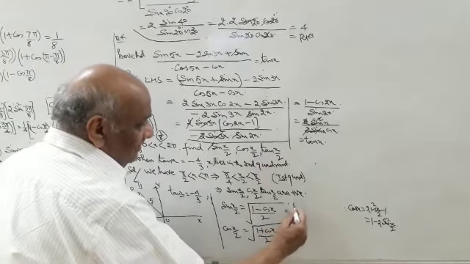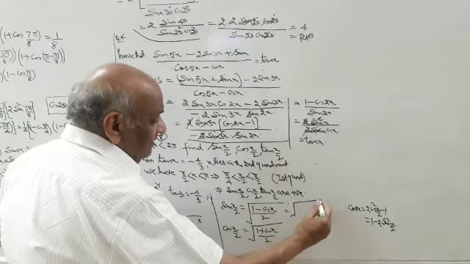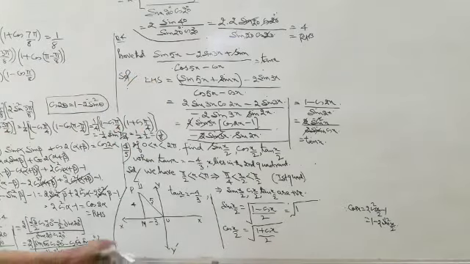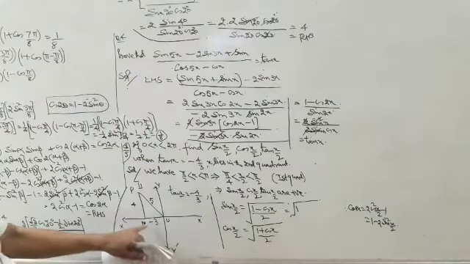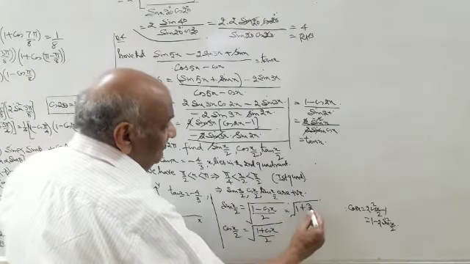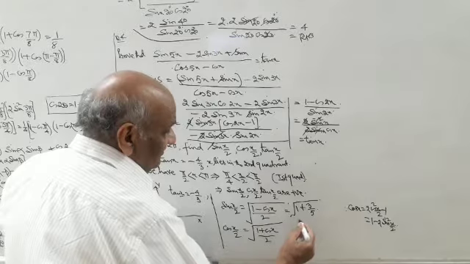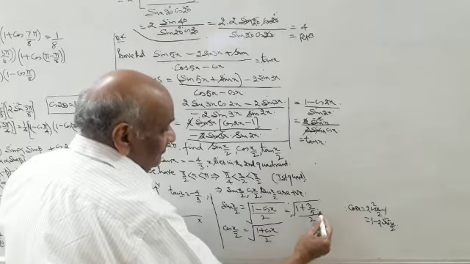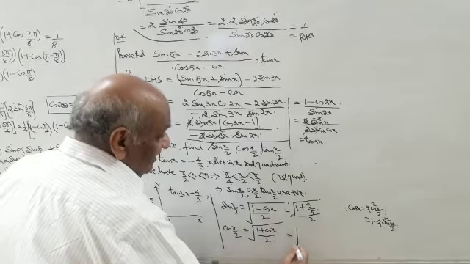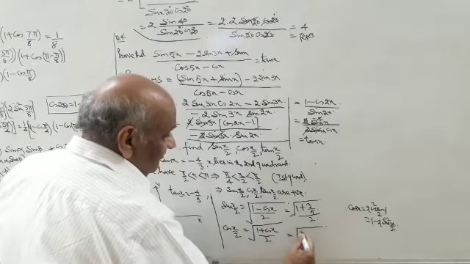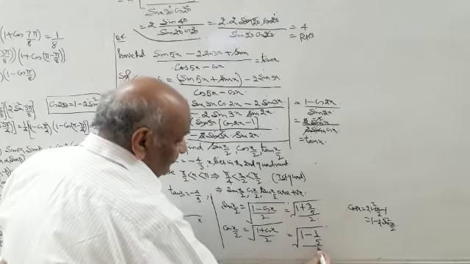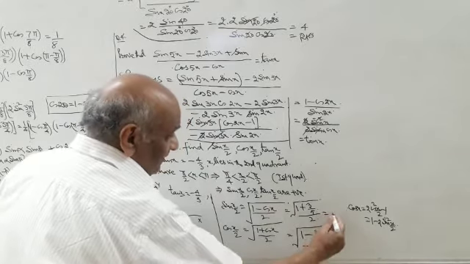So just when you put up the value, we get here 1, look, cos x. Cos x is given as how much? Minus 3 by 5. It becomes plus 3 by 5 upon 2. And when you have cos x by 2, it is under root of 1 minus 3 by 5 upon 2. So simplify this.